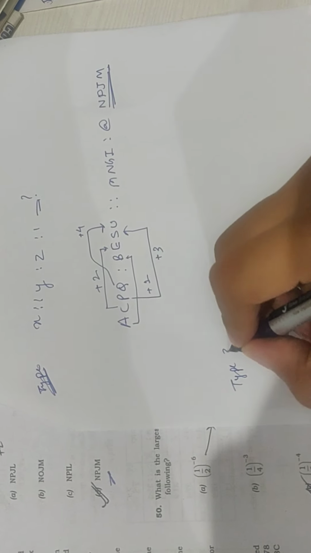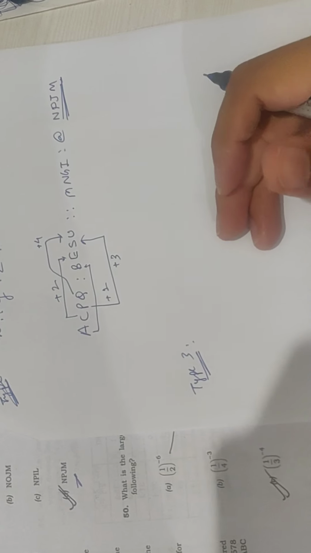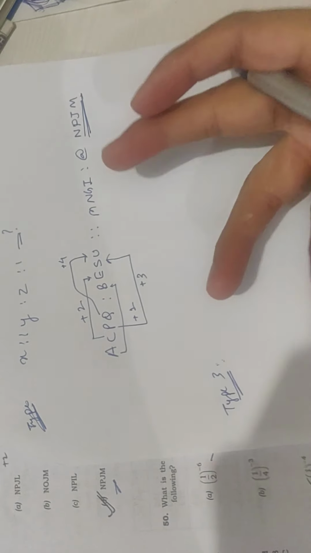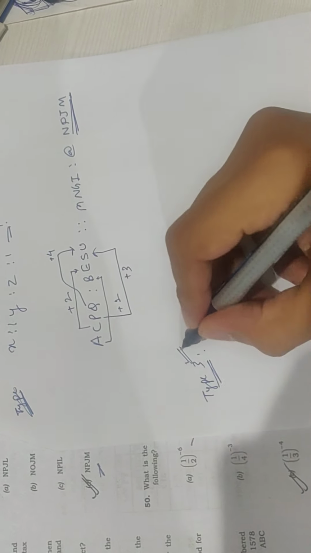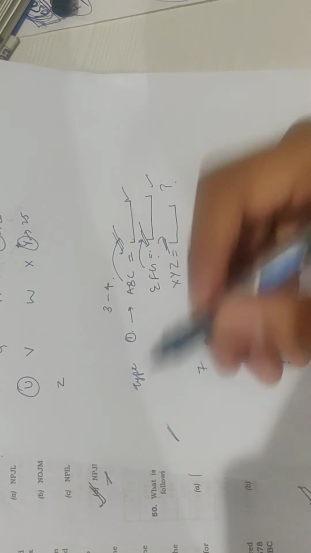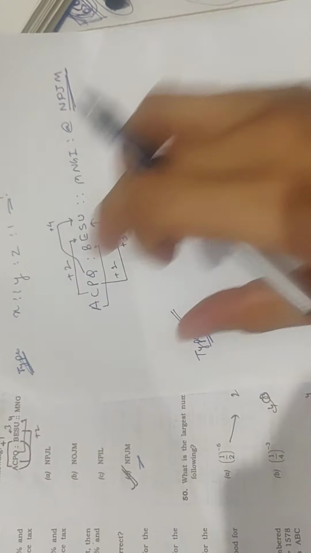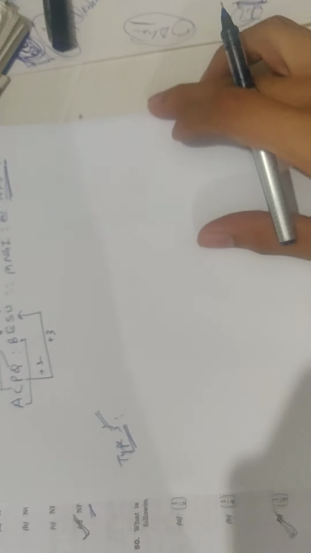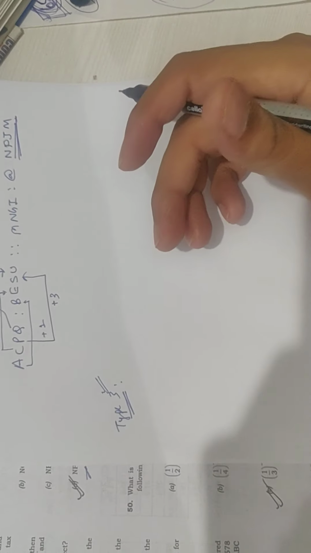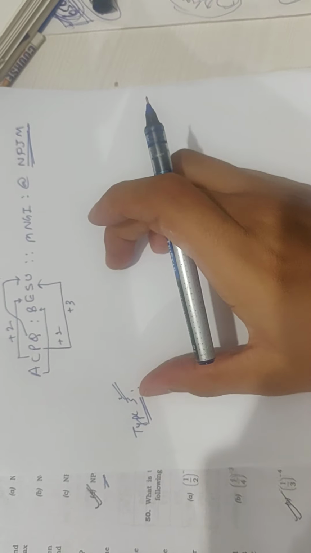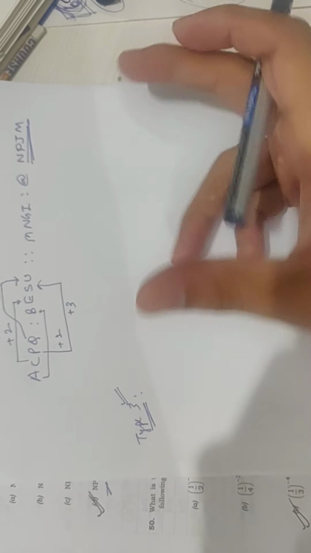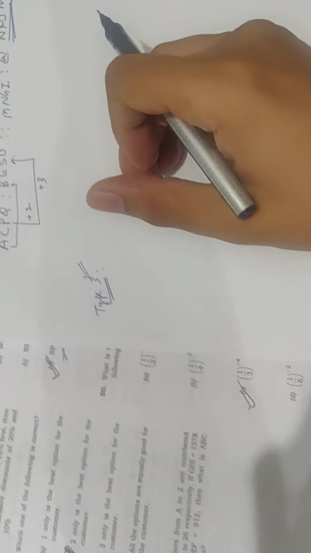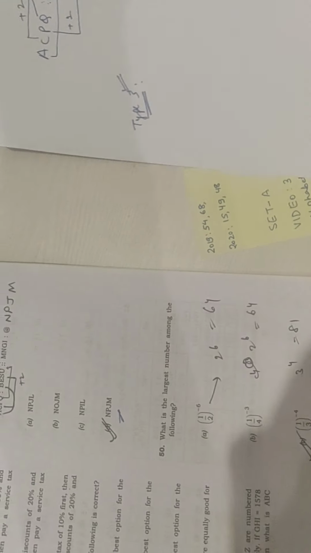Type 3. There can be questions which often come every year, this type of question and this type of question, or this type of question. This will be there for sure, and of these two types, at least one will be there. So these are repetitive type of questions. They'll give you a pattern, you just have to find where there is a repetition in the pattern, and it can be solved. This year the pattern was quite brilliant.